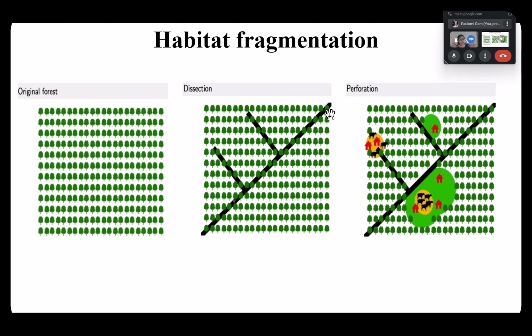Now this is dissection, because you can imagine dissection is basically making a slit or cutting open a body. So you are making a division in between the forest. Now this will come with added problems. As you would have seen in the lecture, it's a road, so you will have cars and buses and all the transportation moving. You will have animal movement and transportation, and they will collide with each other. Even if they don't collide, because there is a road, they will have humans.